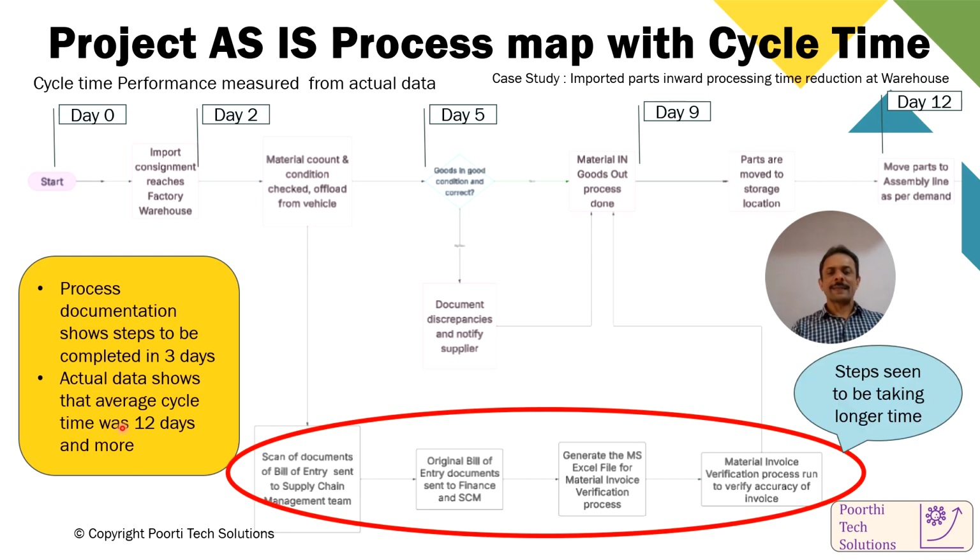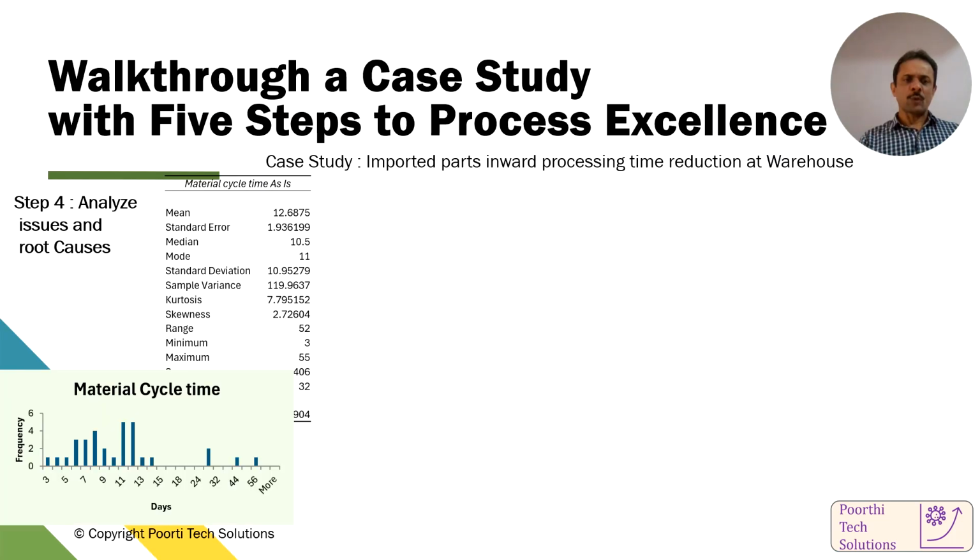So where was the delay? The initial findings were that most of the delay was happening in the steps at the bottom, mostly with the supply chain management team and the finance team, who were doing the document checks, correcting the discrepancies, and doing the regulatory checks. With this process map, the team moved on to the next part, which is analyzing issues